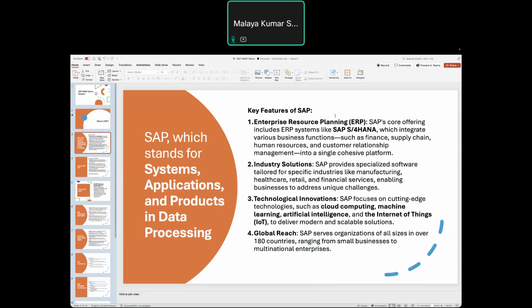Enterprise resource planning offerings include ERP systems like SAP S/4HANA, which integrate various business functions. You have multiple business functions like HR and FI to manage your business. If you see here, these are a few business functions like finance, supply chain, human resource, and customer relationship management.